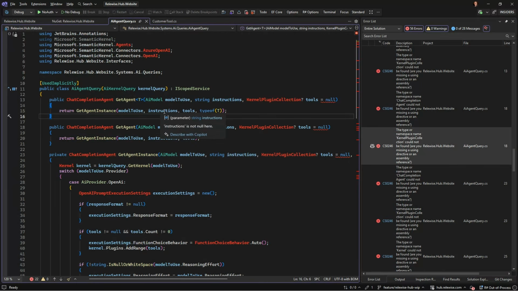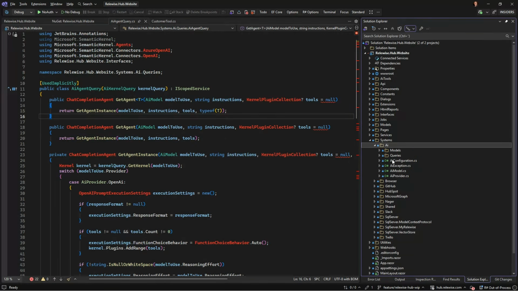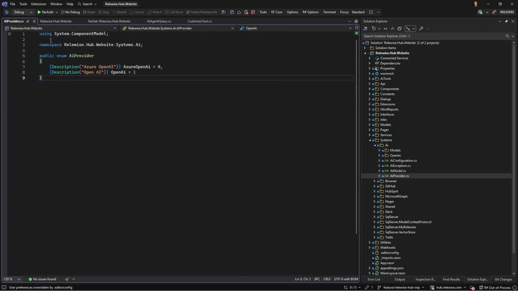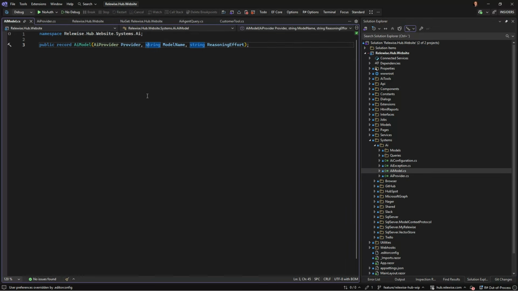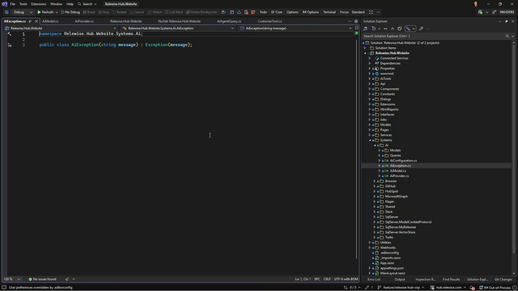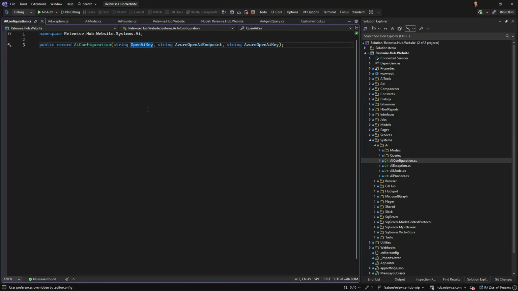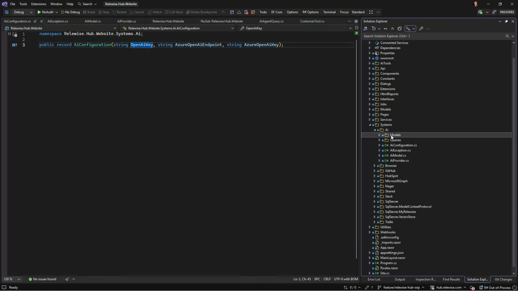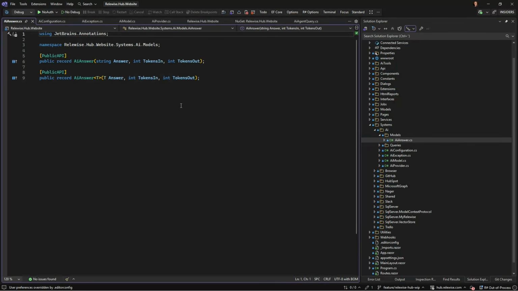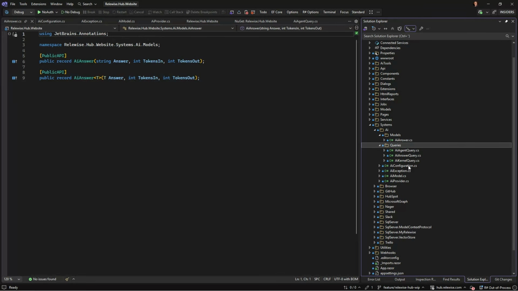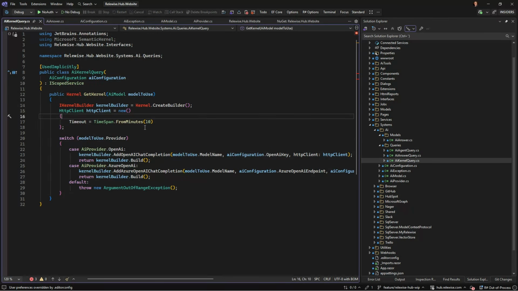I think I'm gonna start down here in my systems folder where all the logic lies. So I have a provider that's not affected. My model is not affected. So this is just a model telling how to set things up. My exception is not affected, and my configuration is not affected. Cool. And this AI answer should probably not be affected either. So this is just an abstraction away from the response from an AI. But these should be affected. We can't make a kernel.